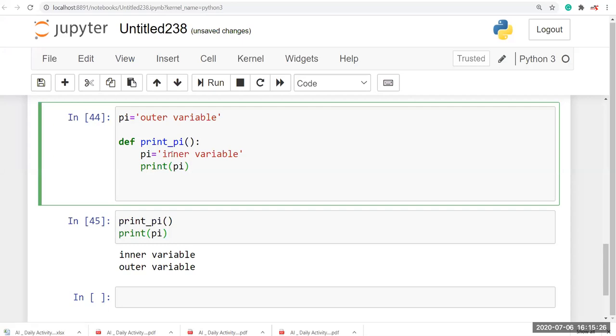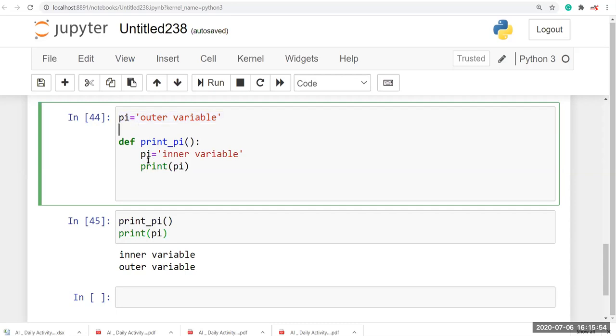That's why it's called a local variable. Because the other is a global variable, we can use it from anywhere: inside, local, or enclosed.